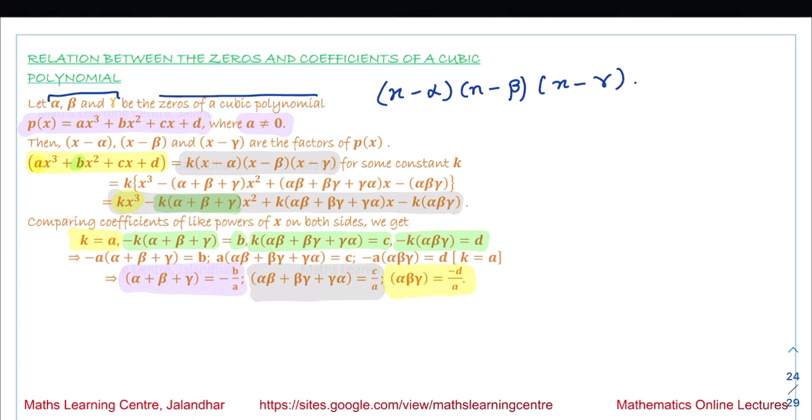So these are the formulas for the sum of the roots, the sum of the roots taken 2 at a time, and the product of the three roots, and these are the required formulas for the cubic polynomials. Now next is verify that